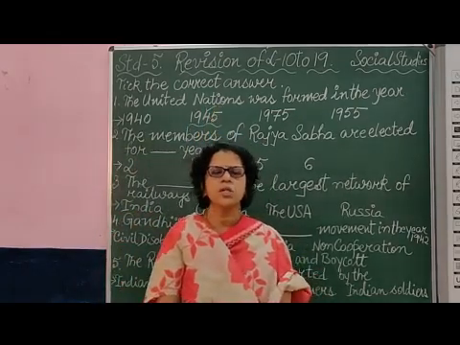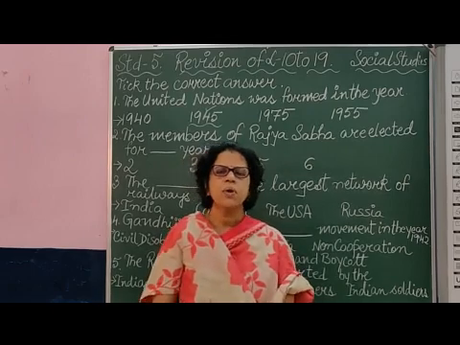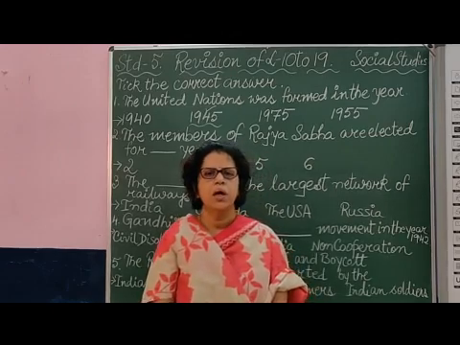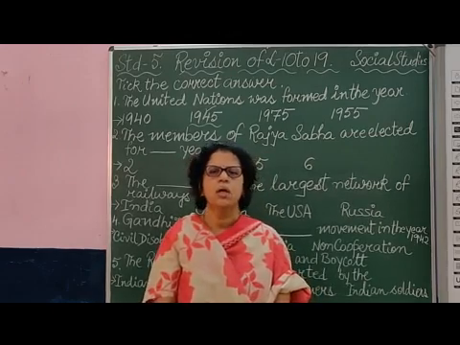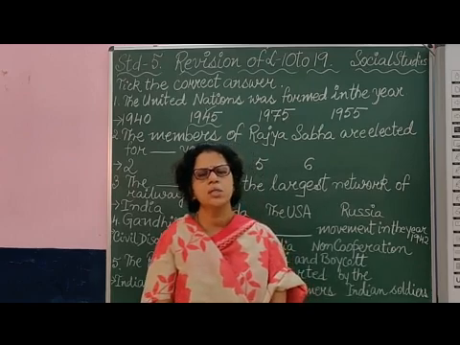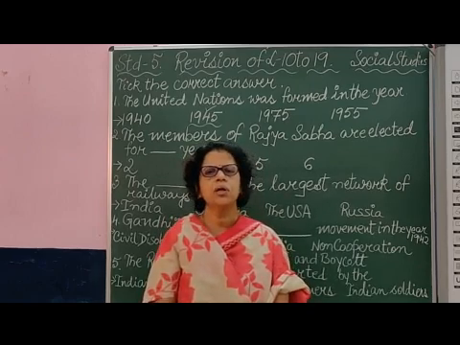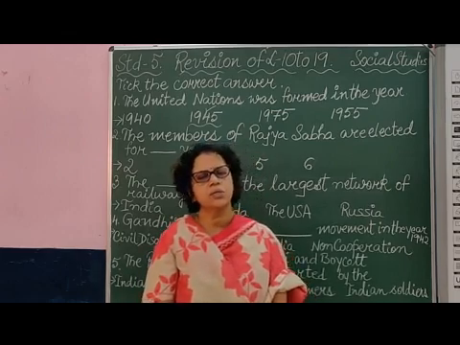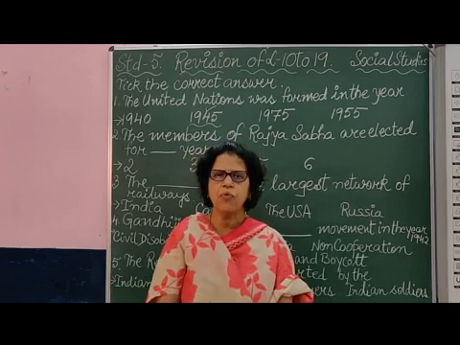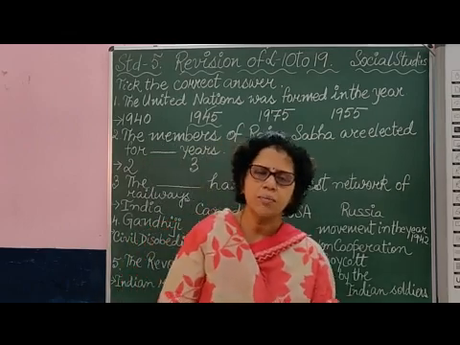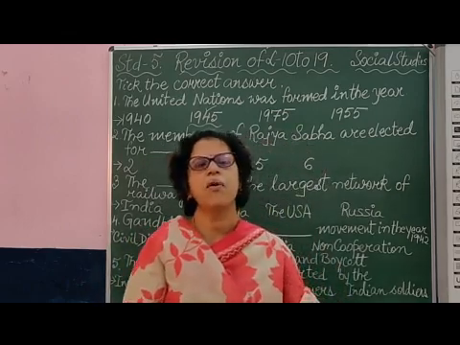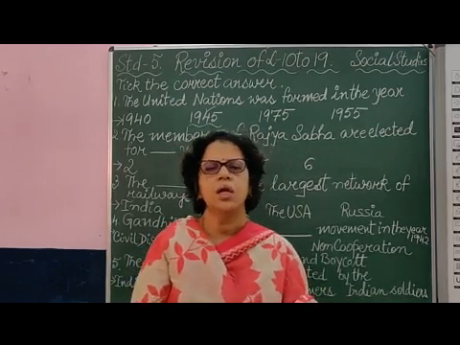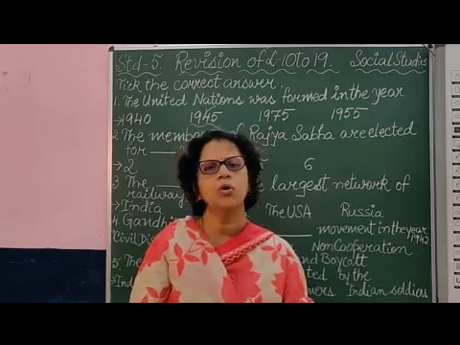Children, the United Nations is an organization whose main aim is to maintain peace and humanity in this world. After the two world wars, the people wanted some peace and to restore the economic condition of the world. So this organization was formed after the Second World War, though a similar kind of organization was formed after the First World War, that was the League of Nations, but unfortunately it failed and the Second World War took place.